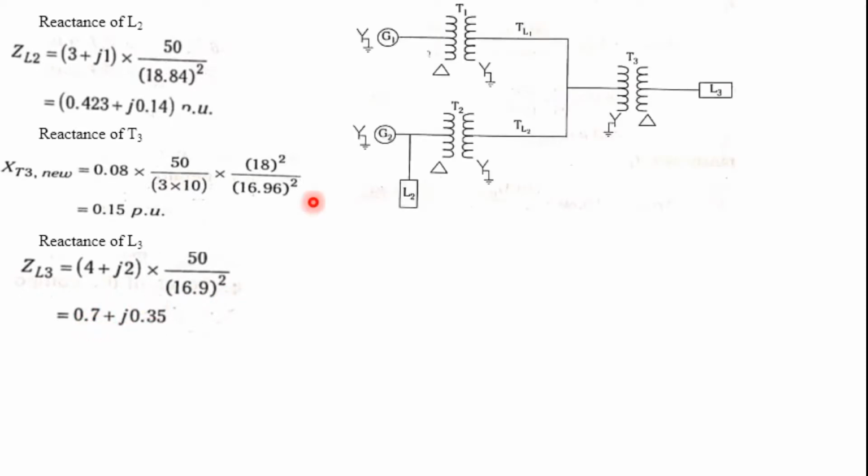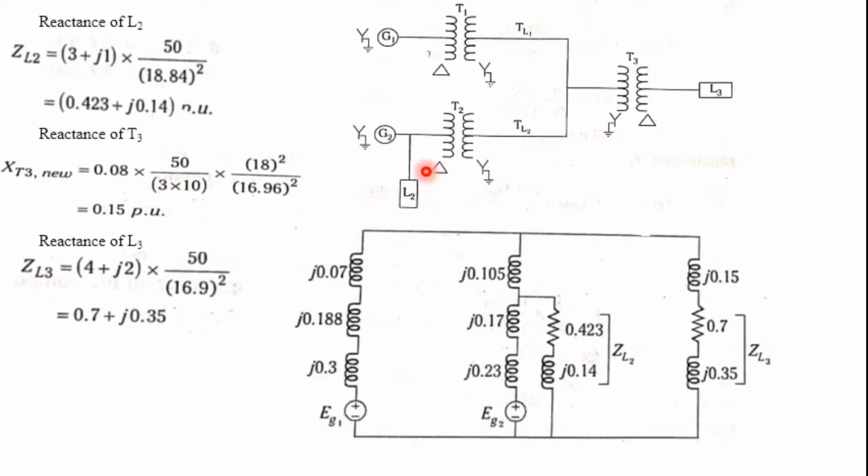So this is how the circuit is, and we need to represent it in terms of the per unit reactance diagram. See here, this is the generator G1 having the series reactance and the source of EMF. Then we have the transformer, then the transmission line. This is till here. Then coming to this part, this is TL2, then the transformer, then the generator and the source of EMF.